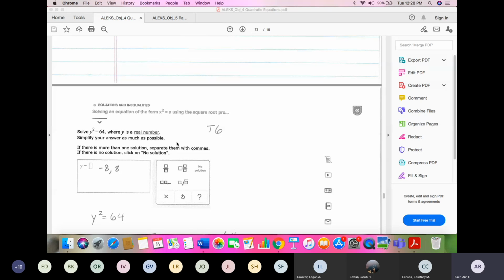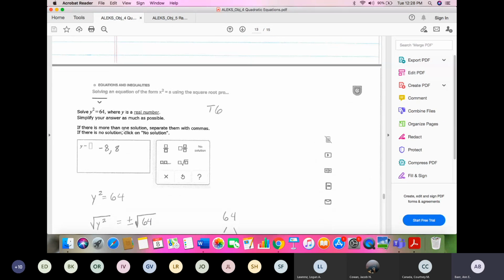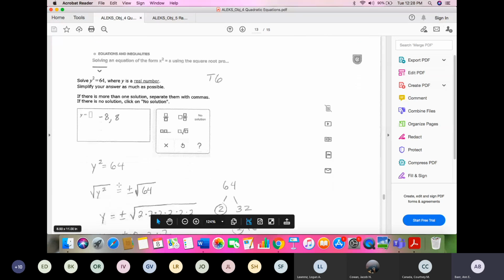And remember, a complex number involves i, the imaginary unit. And if you got one or two of those, they would not be real numbers. So you definitely could possibly have y equals 0 here. That would be a real number. But almost all of the real ones are going to have 2 solutions. So let's see what we do. Let's copy down y squared equals 64.